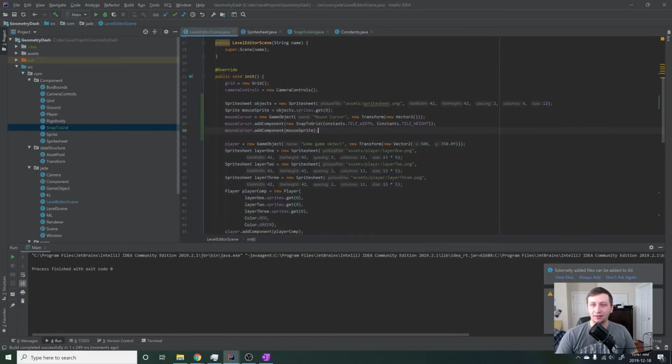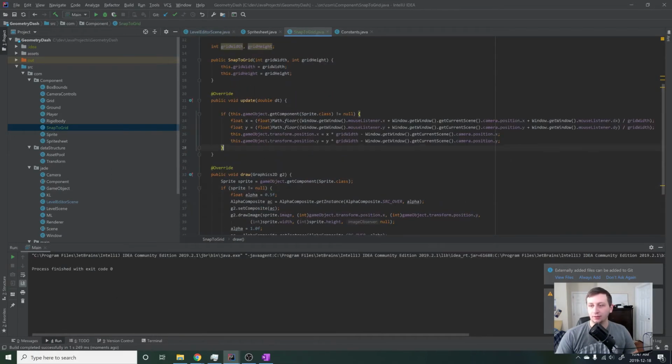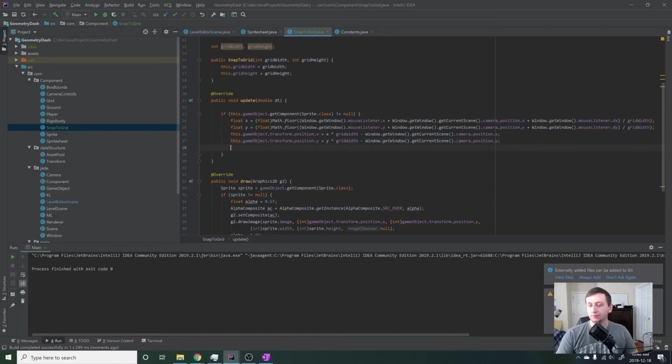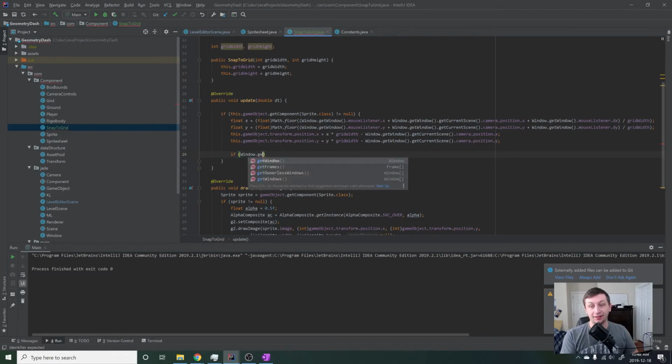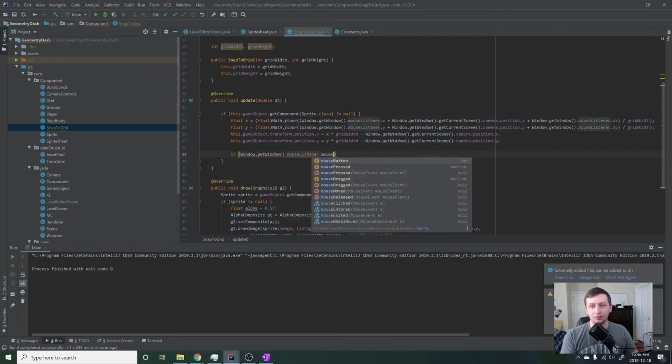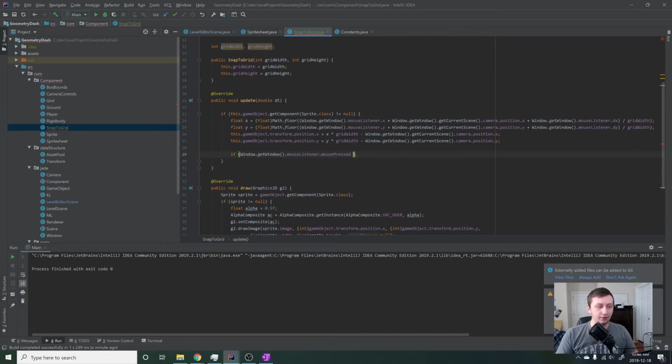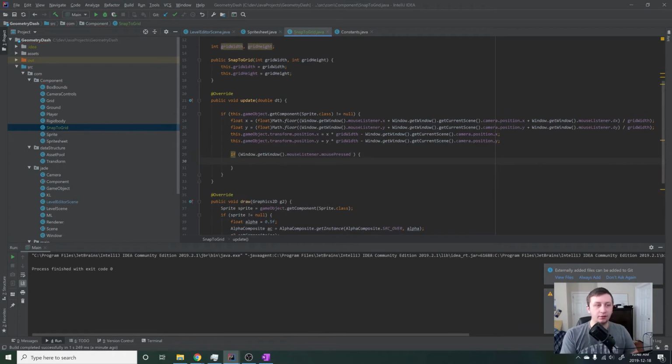So let's do that. We'll go into snap to grid, and then inside of the update loop, first we'll say if window.mouseListener.mousePressed. And we do want to check a couple other things, like if it's above the ground and stuff. We'll do that in a second. For now, let's just get this working. So if the window.mouseListener is pressed, and then we say GameObject, this could be the new object, object equals,